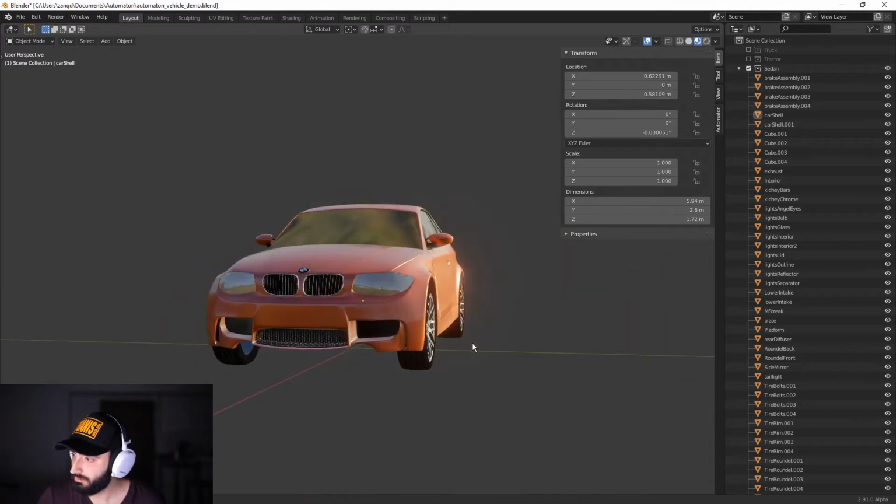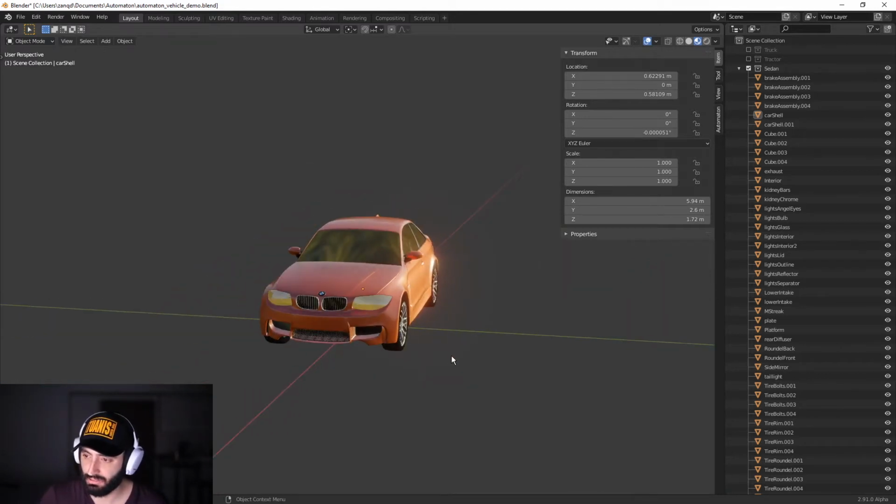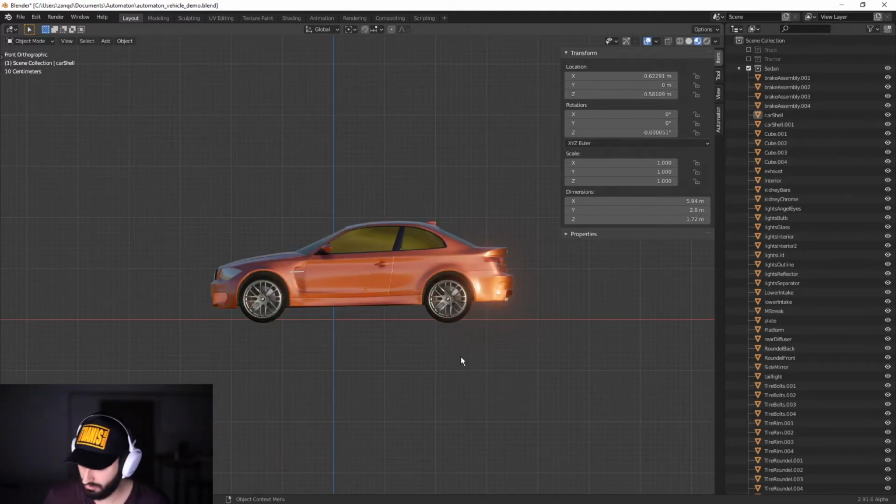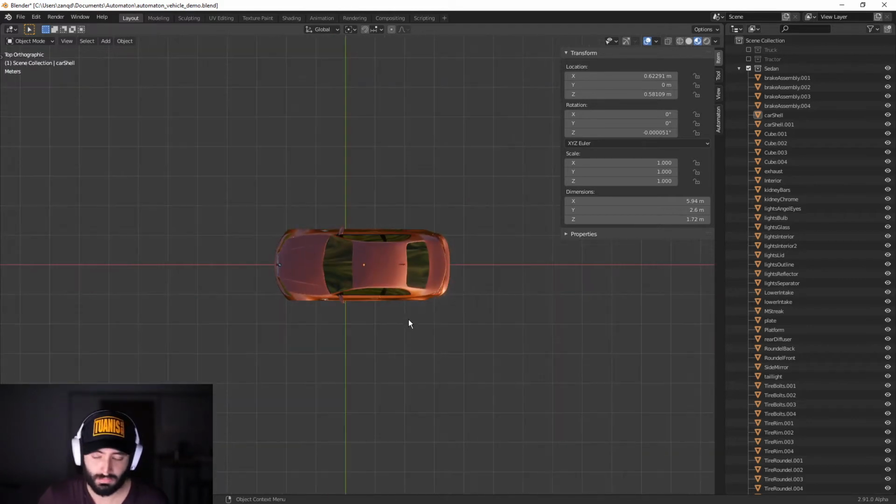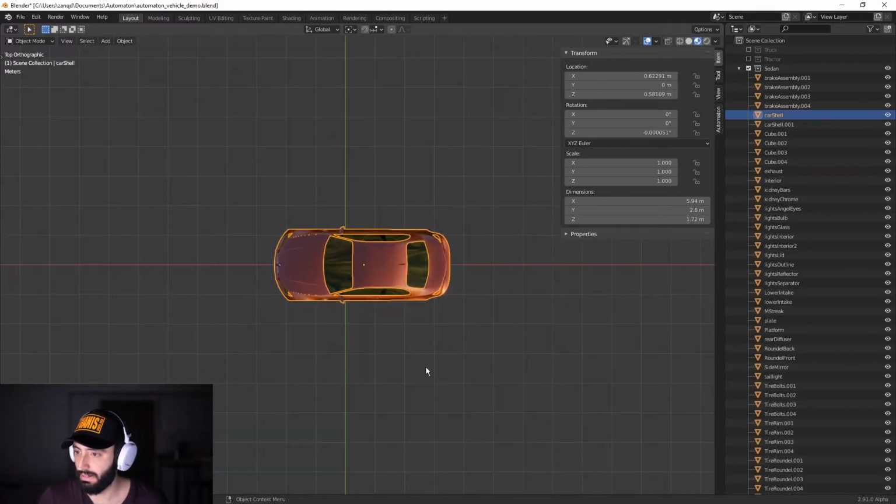So the first thing that we need to do to make sure that the model is prepared for Automaton is to check the orientation of the model. So for example, if I go into front view by pressing the digit 1 in the numpad, I can see that the vehicle is not pointing towards me, right? So this is incorrect. So if we go into top view, we can fix this by quickly rotating the object